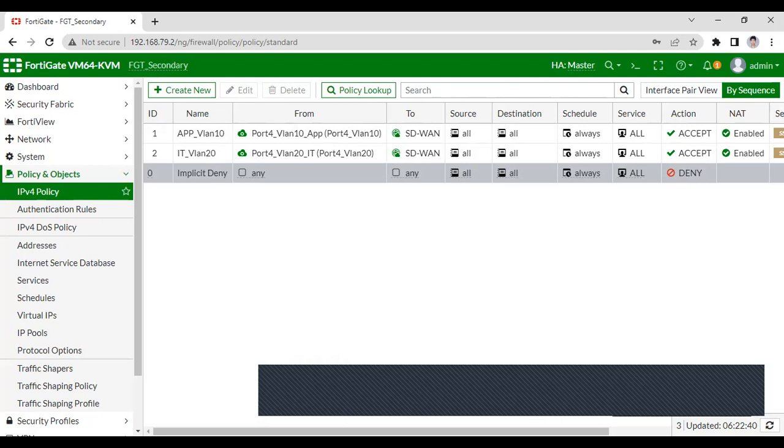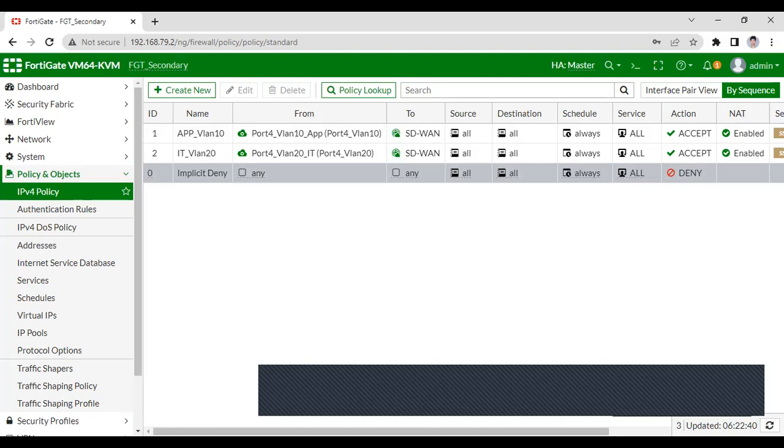So if you want to check, get system ha. As you can see, group ID is 10, group name is HA cluster, and mode, what I was discussing: because I have configured active-passive, that's why it is showing active-passive, right? If this is a single firewall, it will show standalone. If you have configured active-active, it will show active mode, right? I have also configured the password. Heartbeat interface is port 3, right? These are the configurations, as you can see, that I have configured.